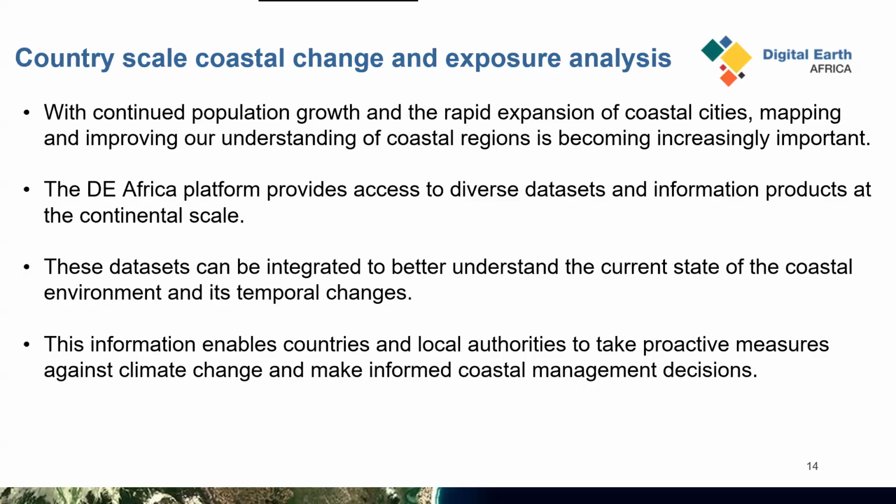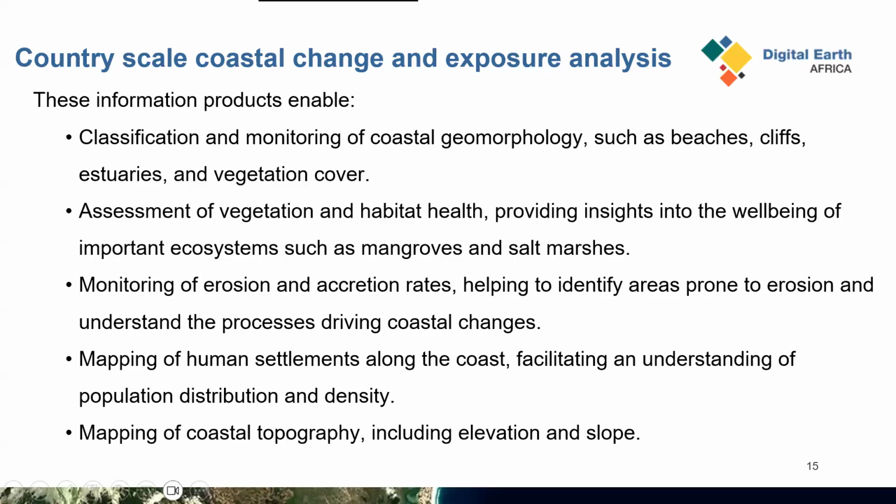And of course, this will enable countries and local authorities to take proactive measures against climate change, and make some evidence-based coastal management decisions. And what should be the steps, and what do we need to understand the coastal change and exposure analysis at